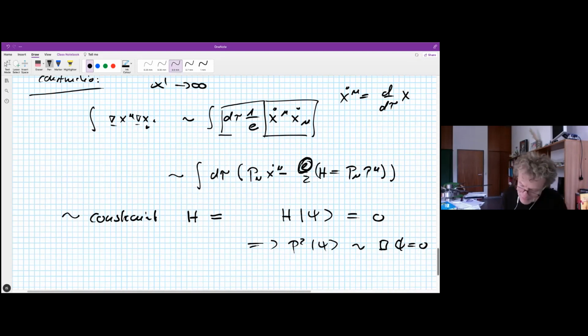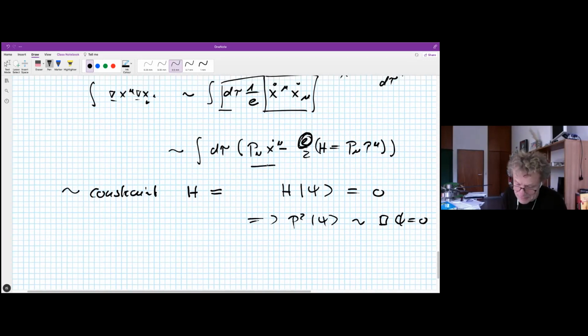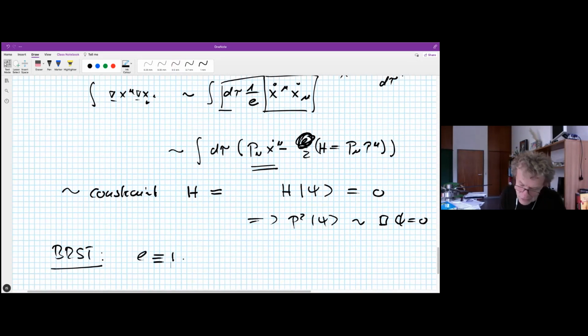Okay, let's maybe not do it in view of time. But what we can do is we can now BRST quantize this point particle. Because we had a gauge freedom, we want to fix it. We fix e identically equal to 1. But by doing so, it's better to introduce ghosts, which take care of the extra